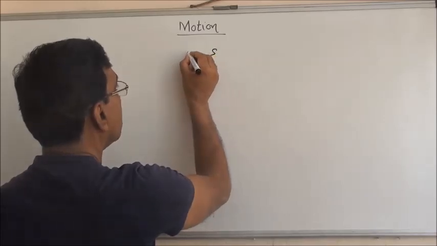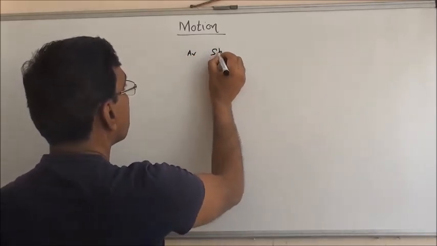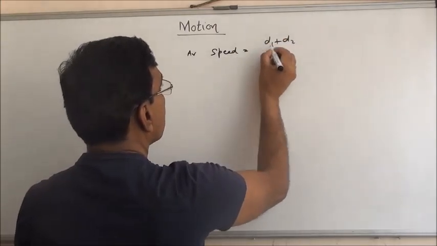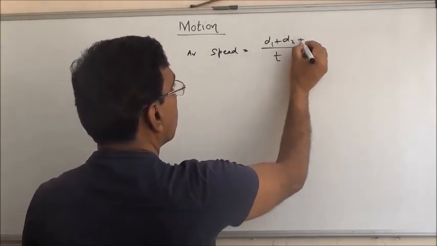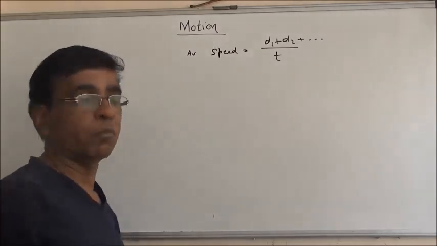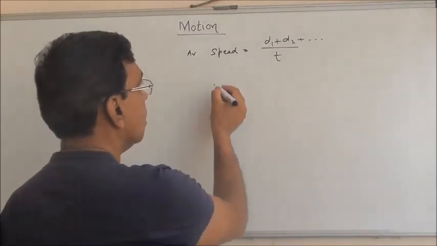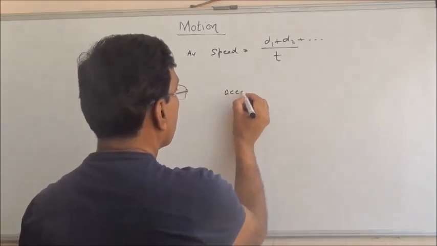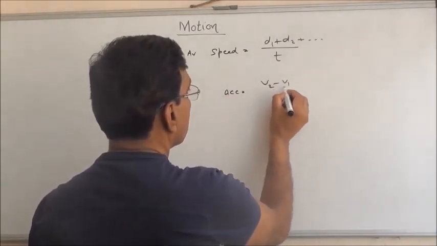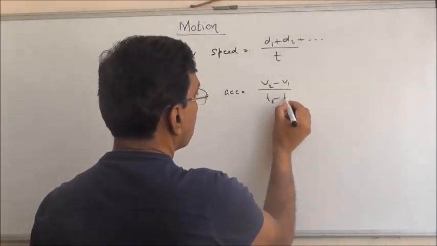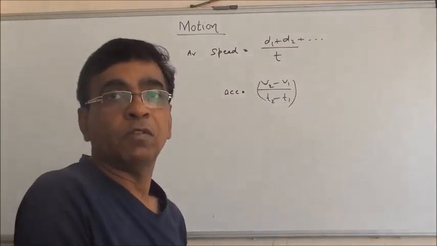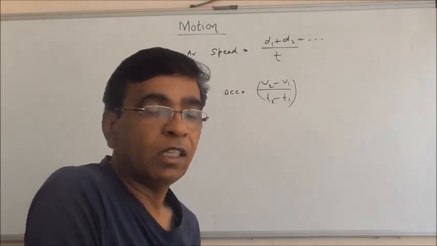Speed, average speed: total distance upon total time. Average velocity: displacement upon time. Acceleration is rate of change of velocity. Change in velocity divided by